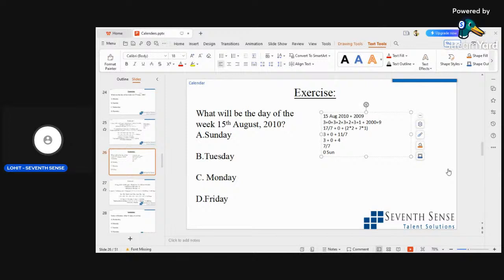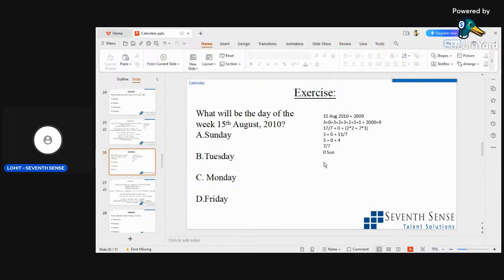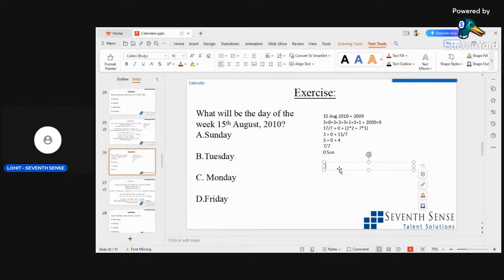The same thing we can do with shortcut also. Okay, let's do the same thing using shortcut. Let's see. We will get the same answer now. Okay, so date is 15. 15 plus